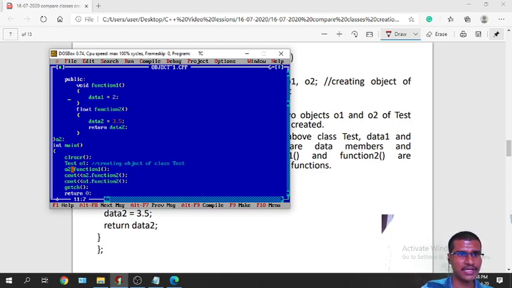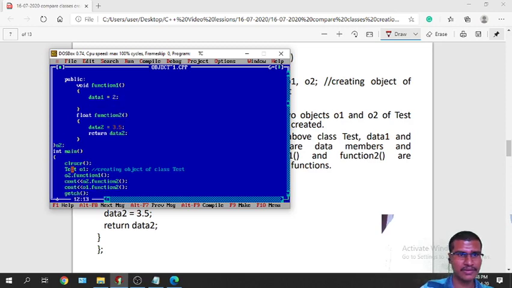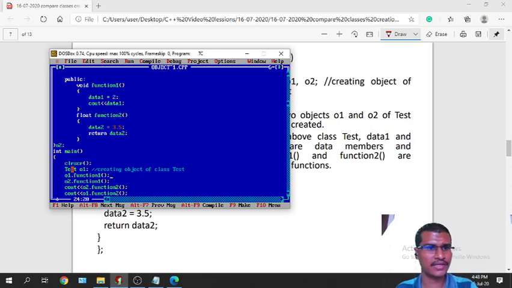Otherwise you can write here cout data 1, return data 2, o1 dot function 1.